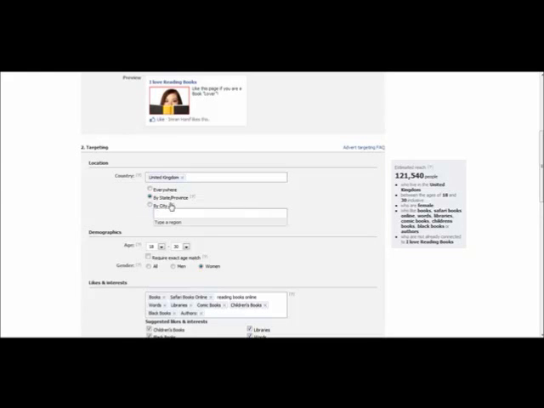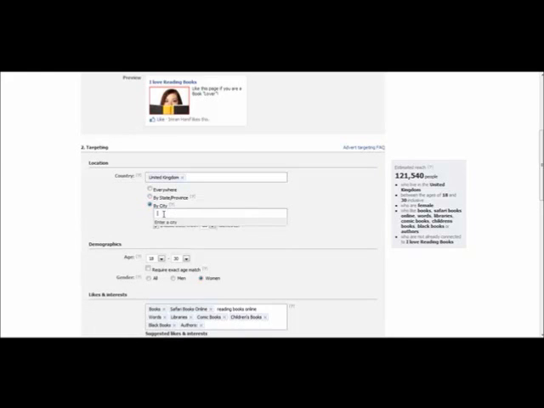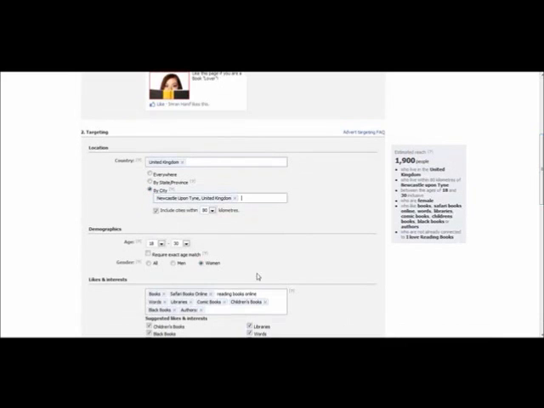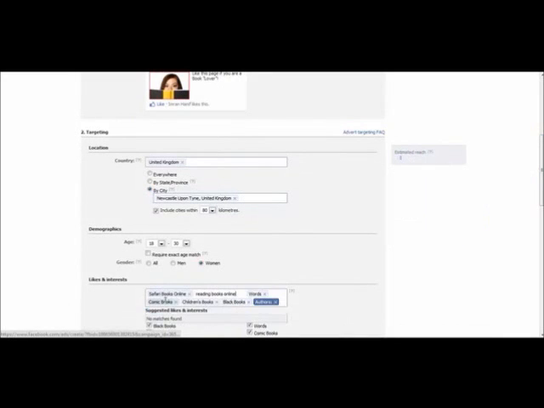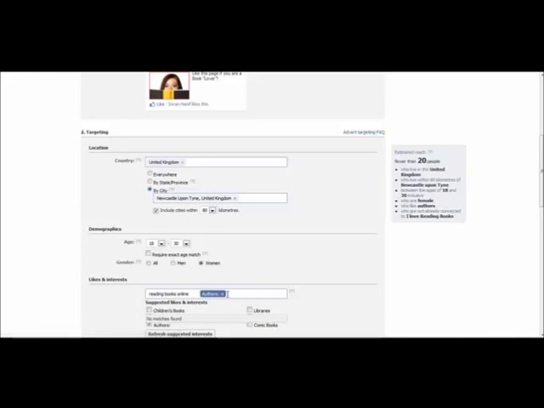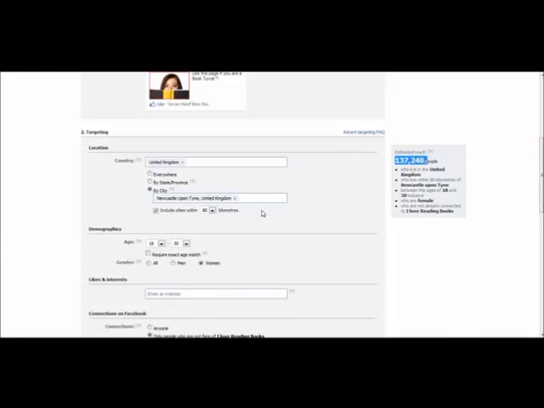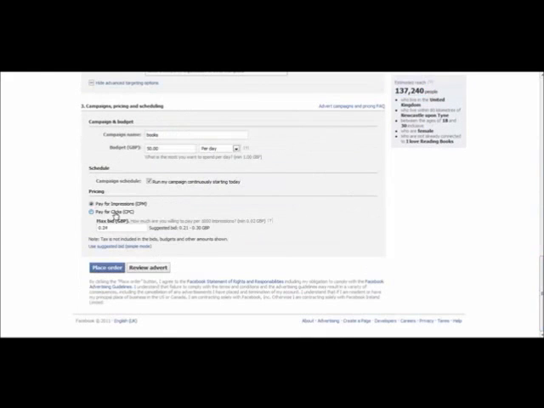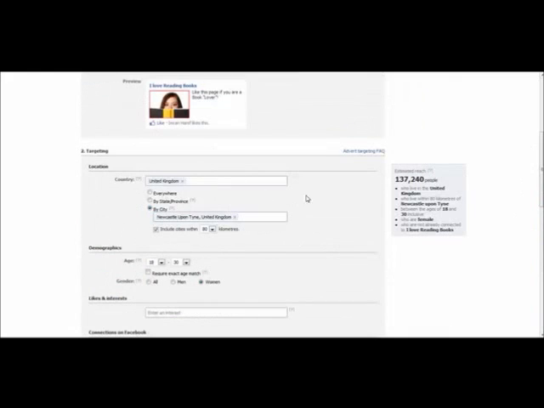Let me just target by city, so you can target the whole of Newcastle. Let's see how many people will see my ad. Let's take that off, and let's take this off as well. And there's 137,000 people on Facebook who are from Newcastle, between the ages of 18 to 30, who are female. And again, they're pretty cheap. So this is what you should be doing: target people based on where they live.